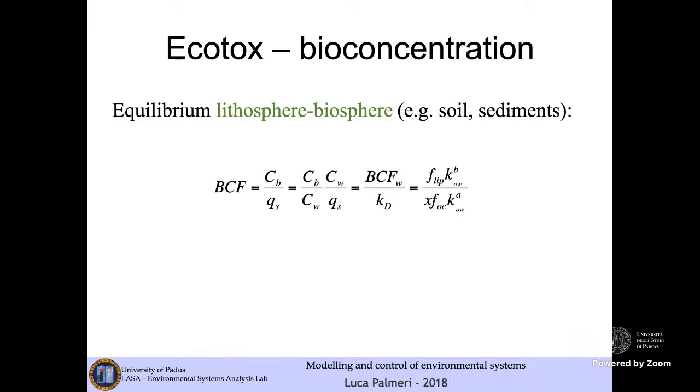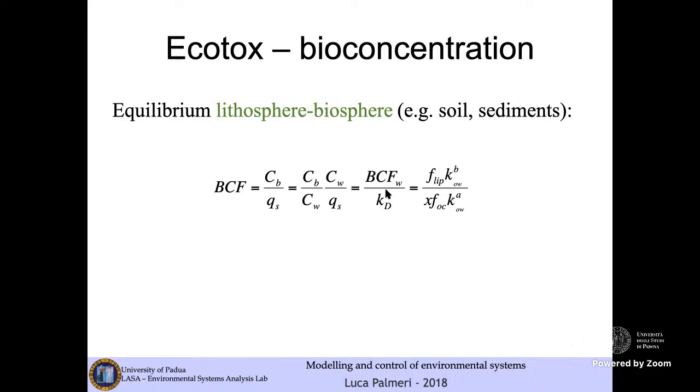We may extend analogously with partial coefficient models also to describe the equilibrium between the lithosphere and the biosphere. For example, the lithosphere may be soil and sediments, and the biosphere, biota. Again, we rewrite the bioconcentration factor as equal to the concentration in the biota divided by the concentration in the liquid phase. Then we may multiply by the concentration in water, and we make the bioconcentration factor for the lithosphere-biosphere equilibrium dependent on the bioconcentration factor for the hydrosphere-biosphere equilibrium, so the BCF W divided by a factor of KD,